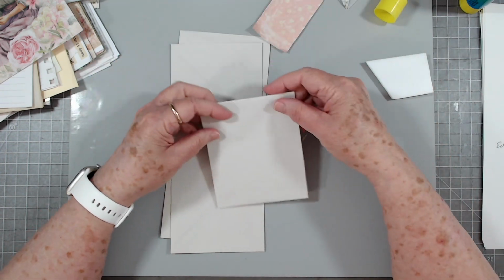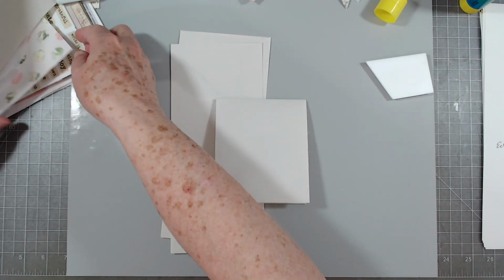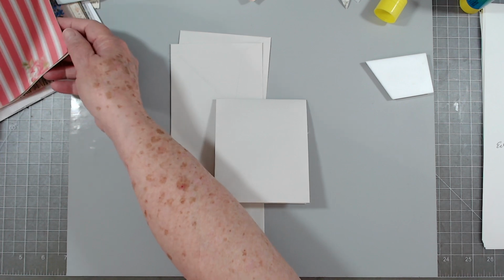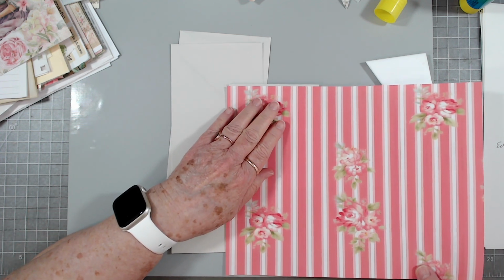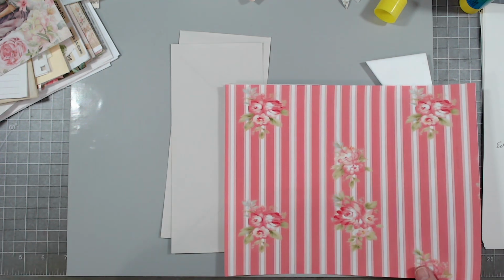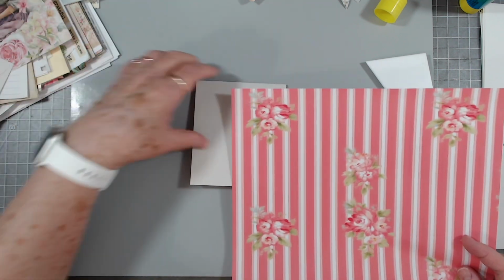Yeah, that one's too big. But anyway, use what you have. You don't have to cut into new paper and that kind of thing. Just use what you have. Let's just try using this one. This one I think will be much better anyway. We can embellish it a little bit. So I'm going to lay those over there,